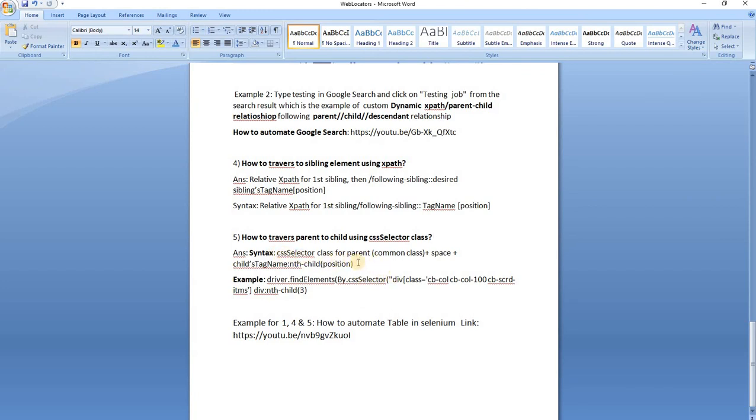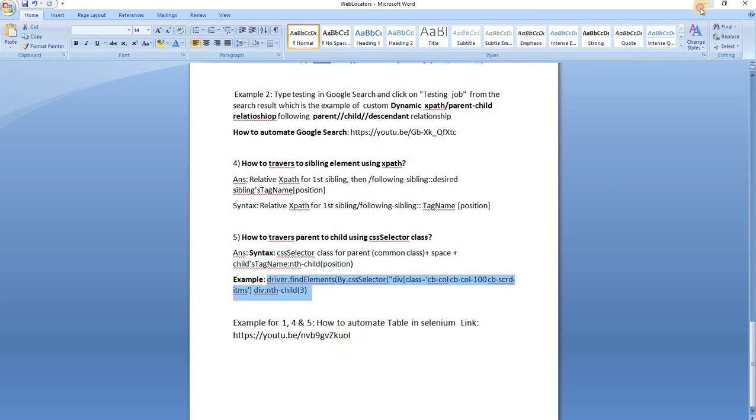The process is like this: we say CSS selector class, so we have to find the class attribute for the parent, then put a space, and then say the child's tag name, whatever the tag name would be for the child, and then colon, nth dash child, and the position of the child. I also used this technique in the same tutorial